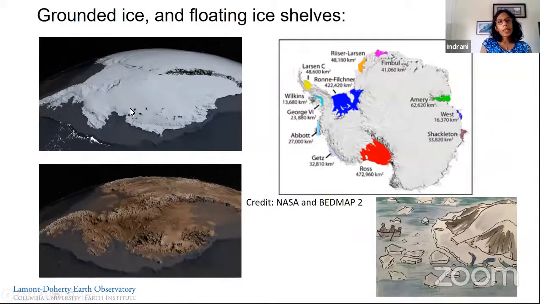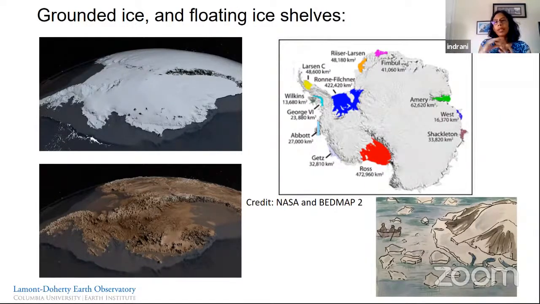So Antarctica, that's the ice sheet. If you were to peel off the ice, you would find that in most places it is grounded, that is, sitting on bedrock, just like the ground outside or where you're standing. We call it the grounded ice. And like I showed, some parts of it move and float out into the ocean. The primary colors over here demonstrate the areas where the ice sheet is floating. There are quite a few parts where the ice sheet goes floating, and these are called ice shelves.